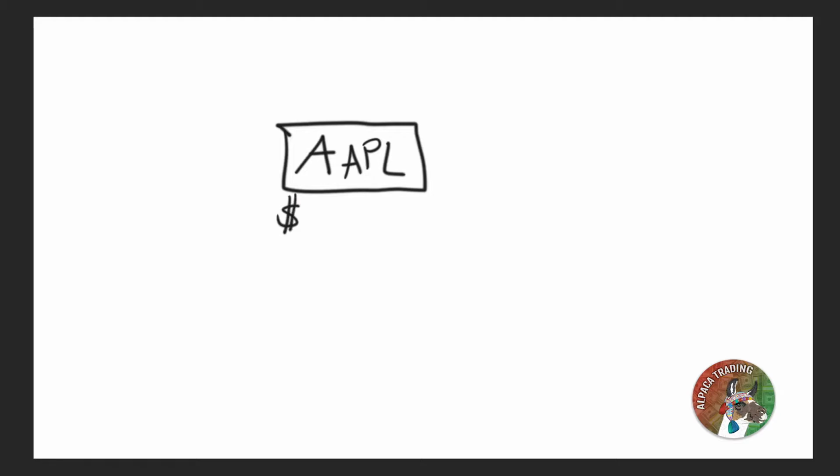Alright guys, so here we are on the whiteboard. I'm just going to basically illustrate here bid versus ask with my favorite stock here, Apple. So this is pretty basic stuff. Whenever you go into Google or Yahoo or your favorite trading program just to find out what a stock is currently trading at, let's say you're going to find out that Apple is currently trading at, and I'm just going to make this super simple, let's say the current stock price is $200. But how do we get to this number? What decides this number right here, the current price of a stock? Well,